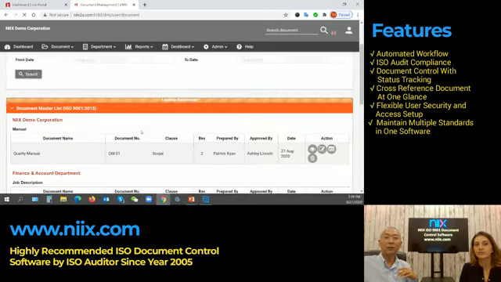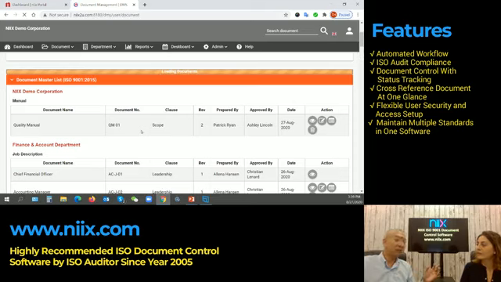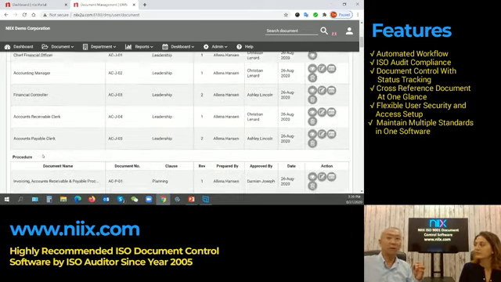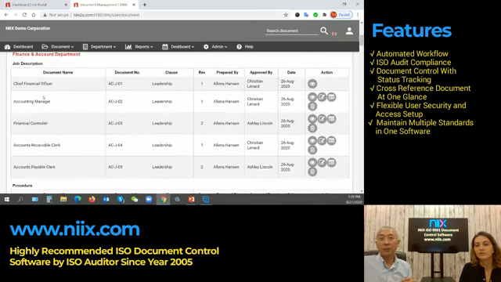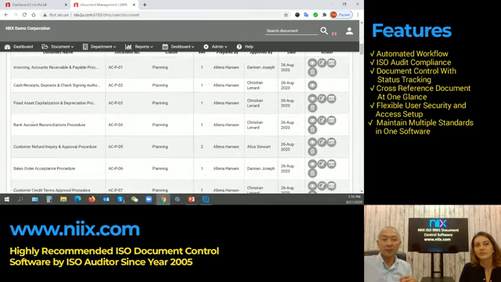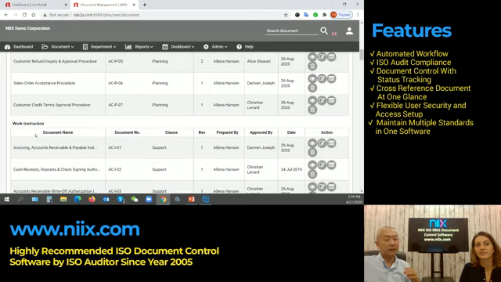Okay, so in the document master list, we will be able to see the procedures, job descriptions, or work instructions available for each department. They will be displayed according to the department. For example, here the job description, the procedure, and then the work instructions, and so forth.